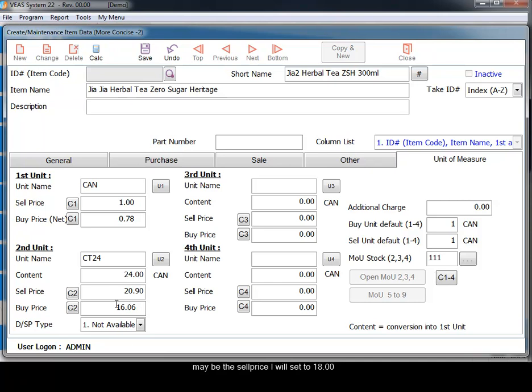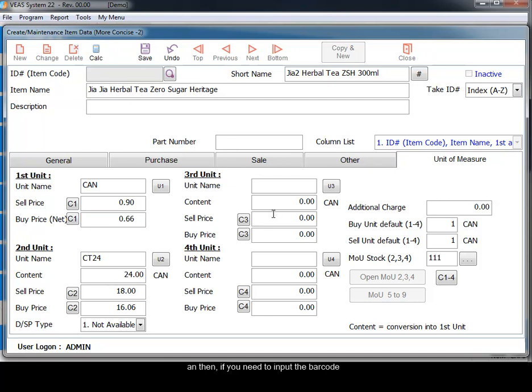Maybe the sale price I will set to 18. Just click here. Maybe the first unit sale price I just set to 0.9. This is just an example.